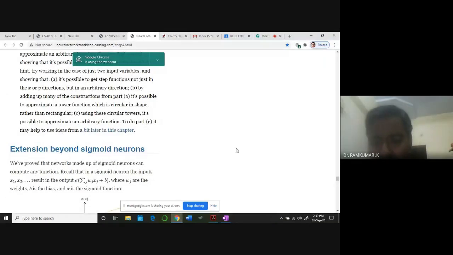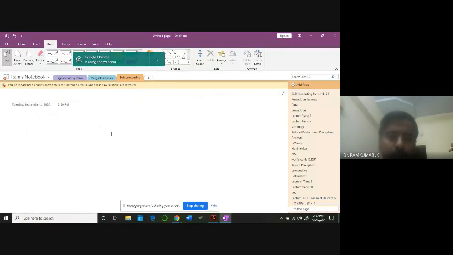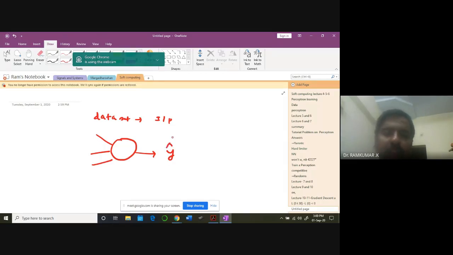To summarize what we have learned, again and again we are talking about this. We have a data set, an input-output data set, and we try to develop neural networks. Taking the input, you get some output, and this neural network output you call y cap. The data set output you call y. We always look for minimizing this gap, by updating what? Weights and biases. This weight and bias is updated using various optimization routines.